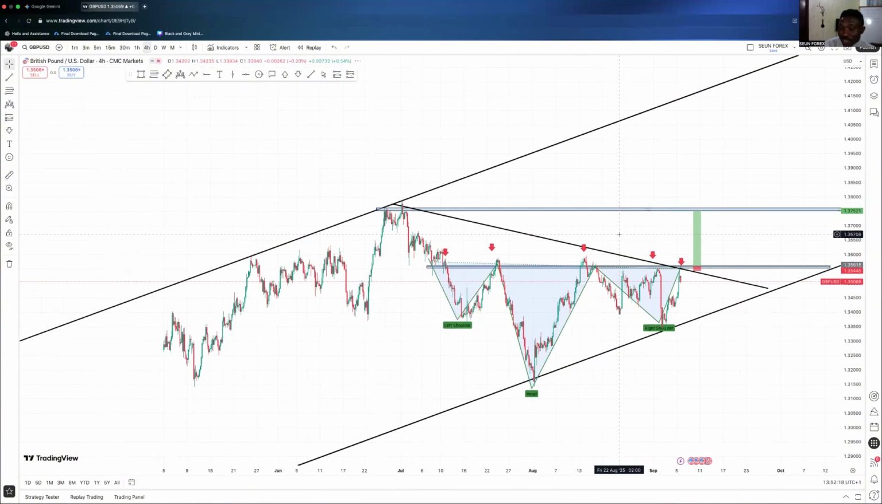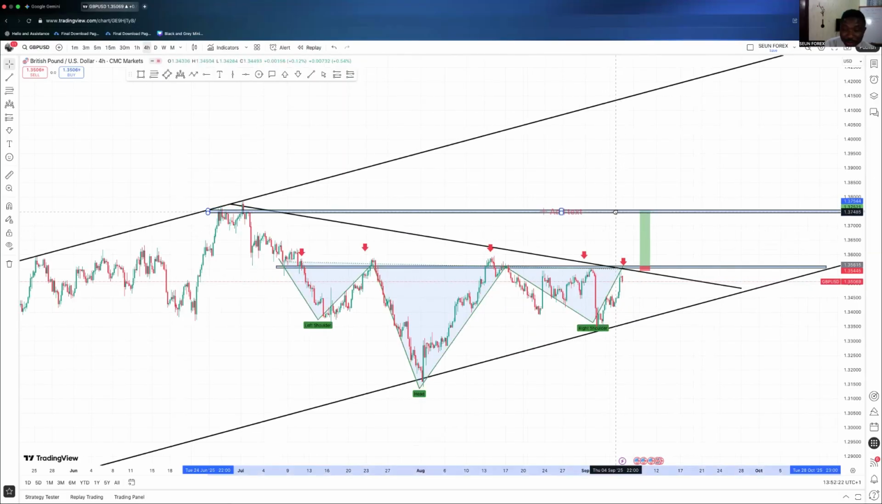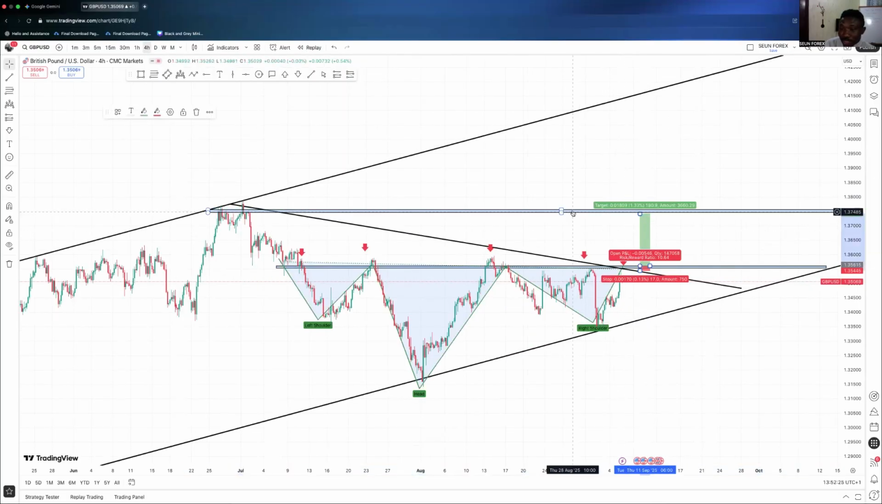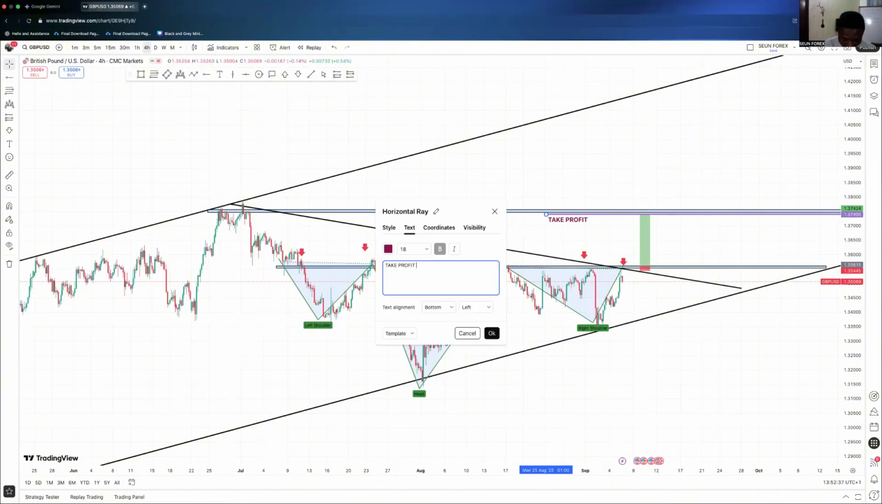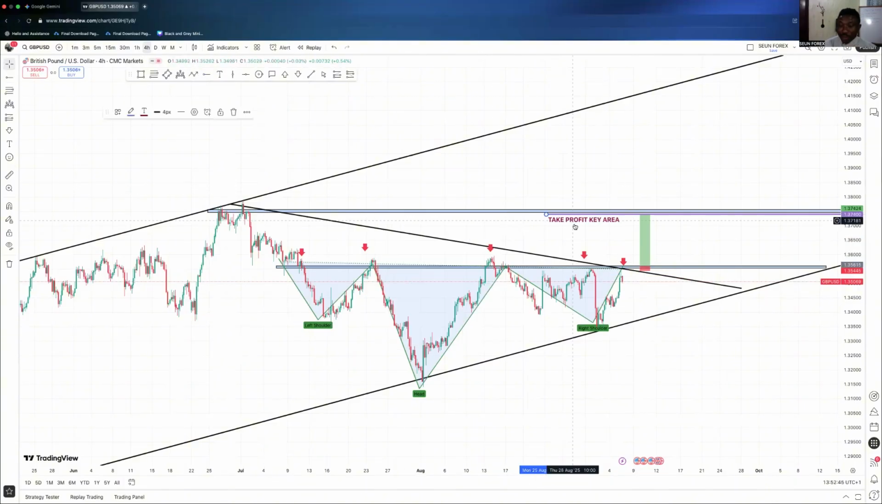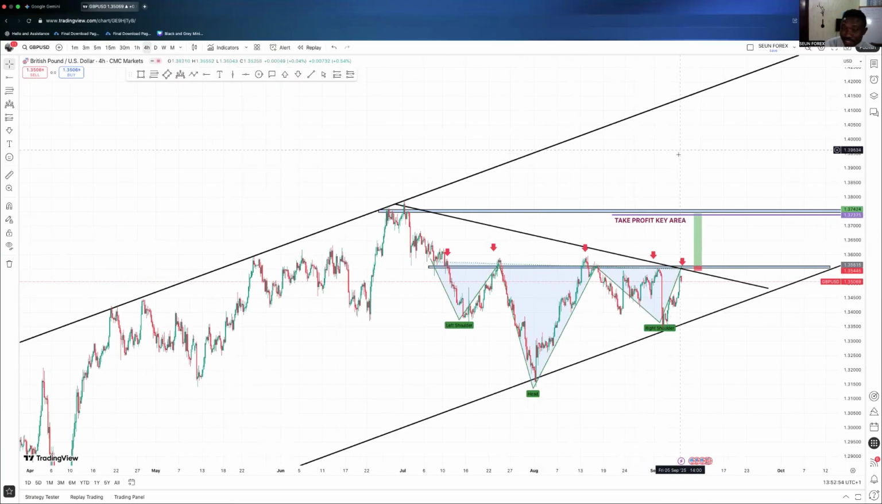A 190 pips setup. And make sure that you are ready to take profit. You must be ready to take your profit somewhere around here. Take profit area, because your entry is as important as your take profit. Don't enter the market and be greedy. Yes, this market can still move to this key level,